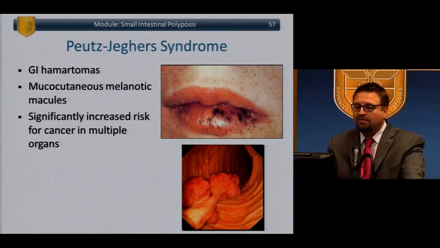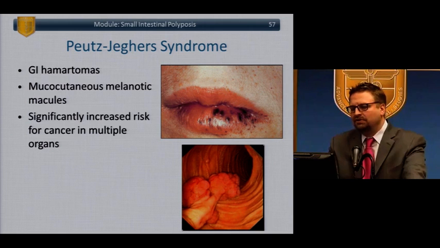So this is a patient with Peutz-Jeghers syndrome. The mucocutaneous spots on her lips are sort of the classic finding. You don't see this very often, but when you do, it's fairly obvious, as you see in this picture. So this is a polyposis syndrome of GI hamartomas, also what you see in the endoscopic picture here on the slide. These patients can have a small number or a very large number of hamartomas, and